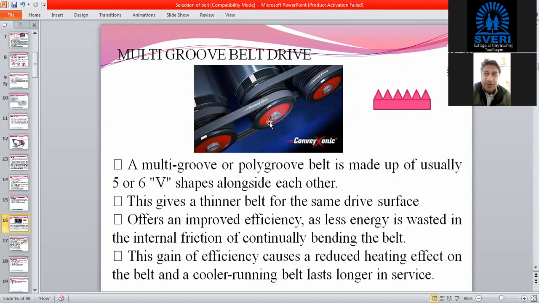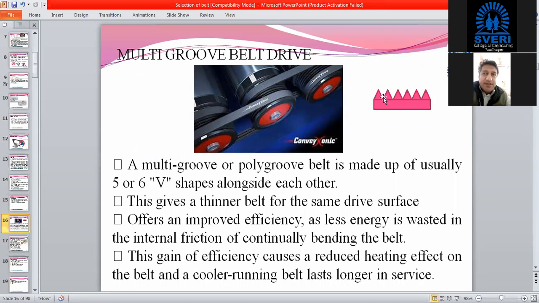If the camshaft is not operated, the engine will not start. So it comes under the category of essential requirements. Also, the cooling fan and all other devices mounted on the engine are run by the power generated by the engine. That is, crankshaft power is distributed to all these accessories and mountings on the engine. In such applications, these types of belts are used. Grooved belts are used. Again, some industrial applications also recommend this type of belt, but mostly they are used in engines, in the automobile sector.